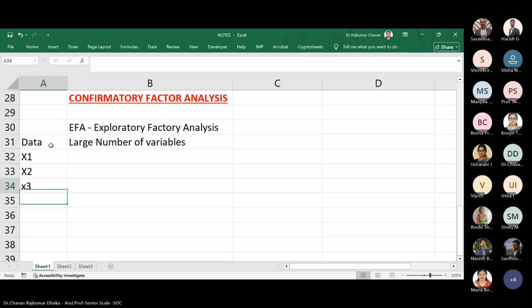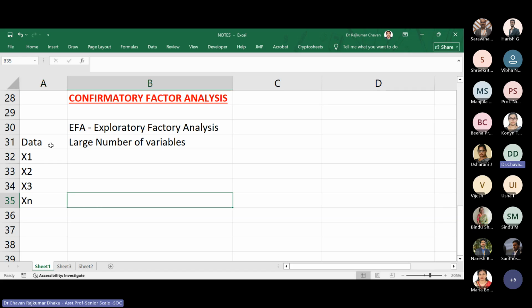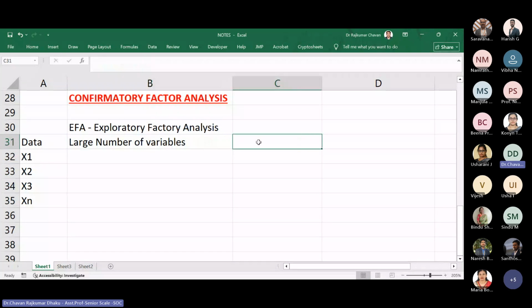Okay, x3 and so on. There are multiple variables. What is our objective? Instead of having so many x variables, which we call independent variables, we convert all these multiple, or large, variables into something called few variables,